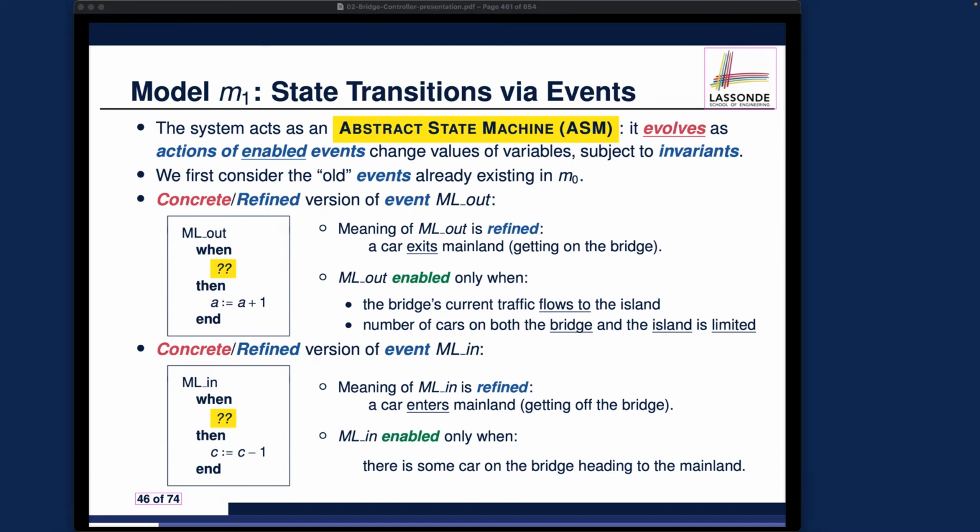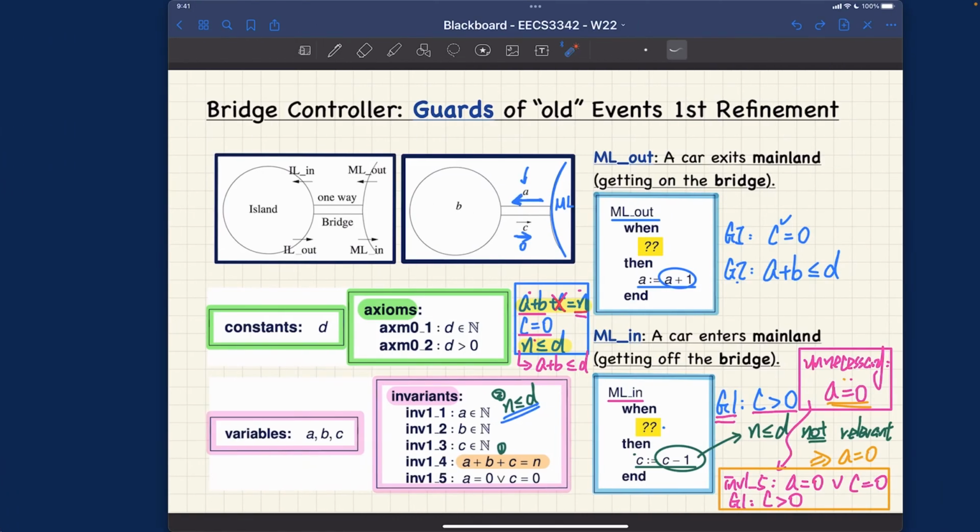There is one thing I would like to fix, which is about the derivation of guard number 2 for ML out. And remember, when I spoke about the derivation of this particular guard, I mentioned the relevant equations over here from the abstract states and also from the concrete model. However, there's some minor detail which I didn't really put right, which is critical. So I would like to fix it.